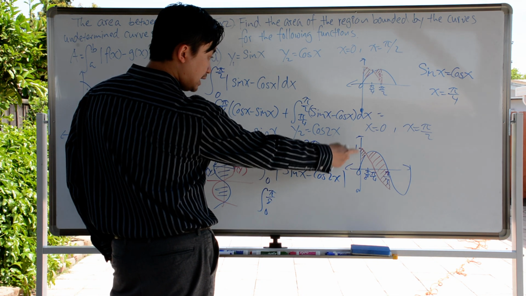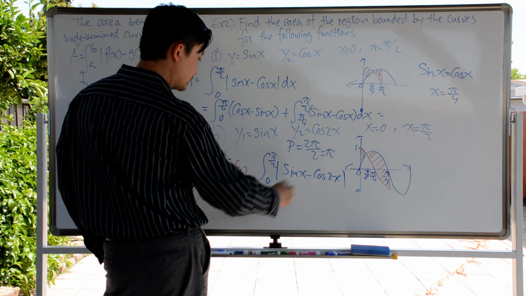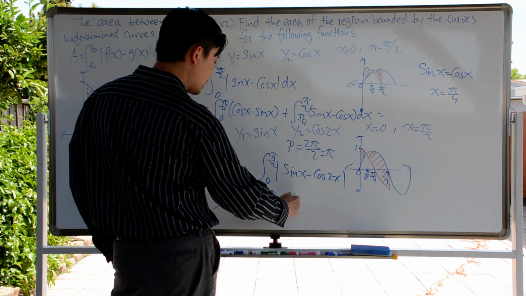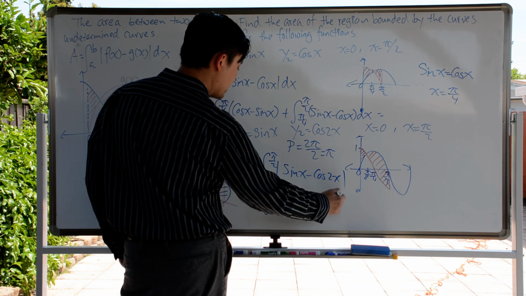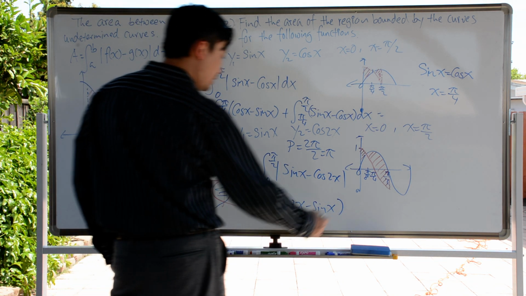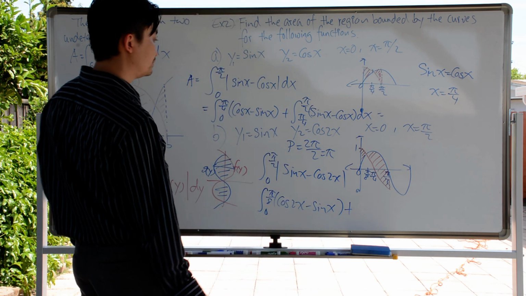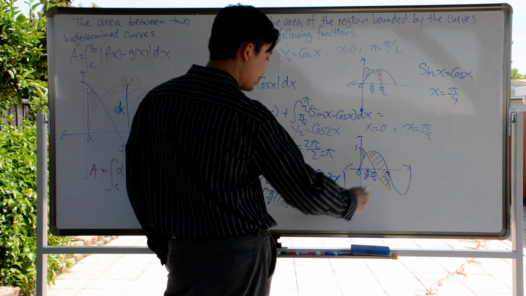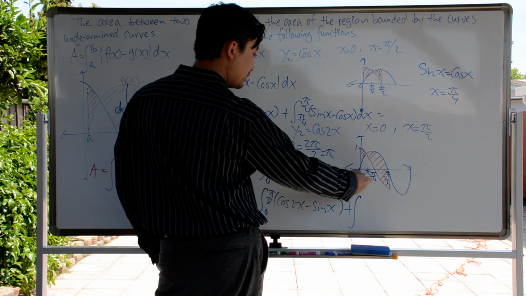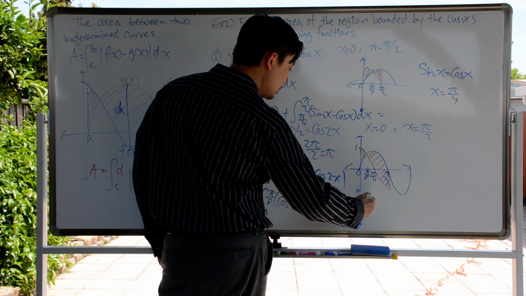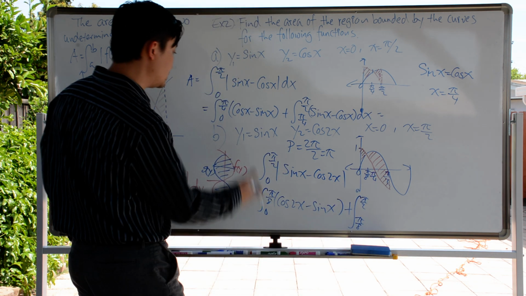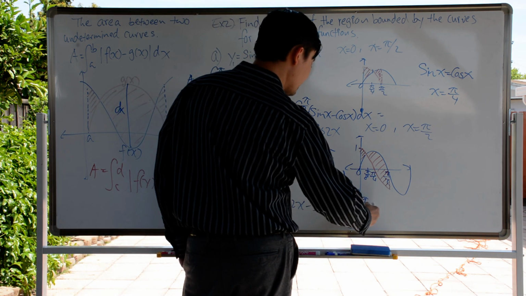As you can see, the upper curve right there would be cosine of 2x. So cosine of 2x minus sine of x. Again, upper curve minus the lower curve. And then plus, because we need to connect with the other area together, from pi over 8 to pi over 2. The upper curve turns out to be sine of x. Well, because